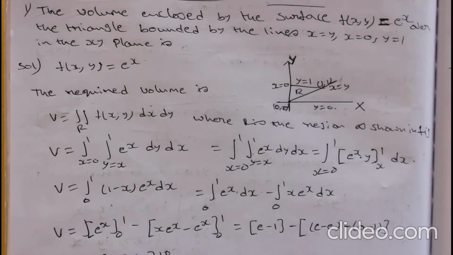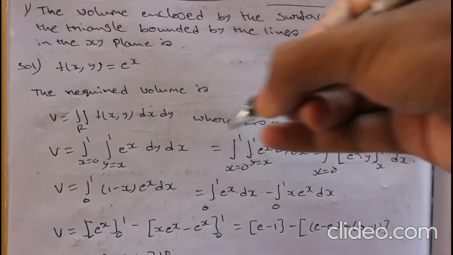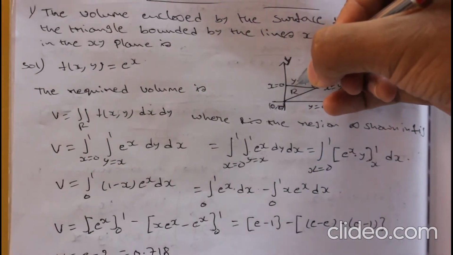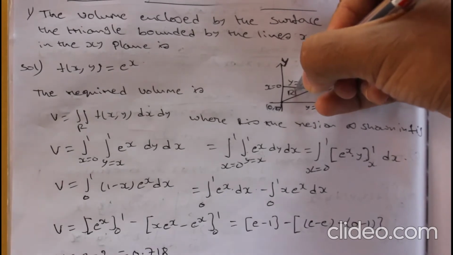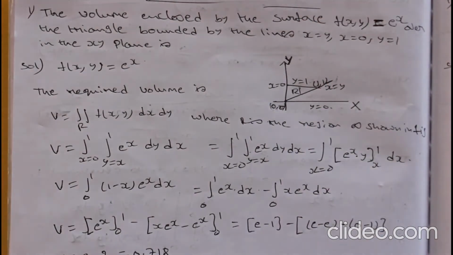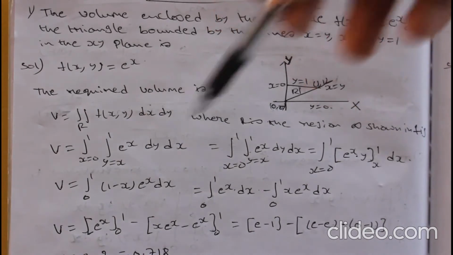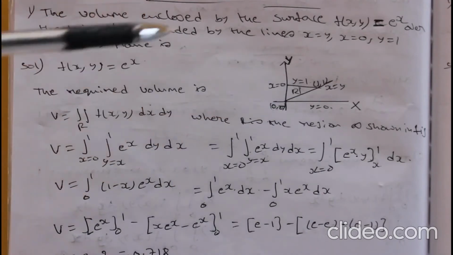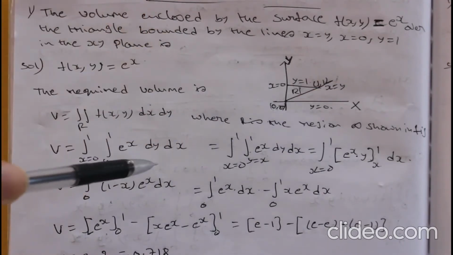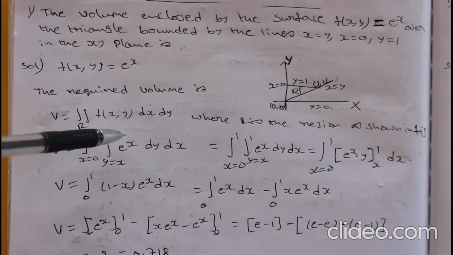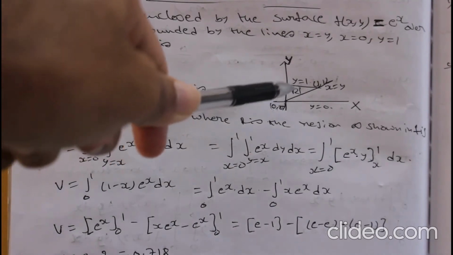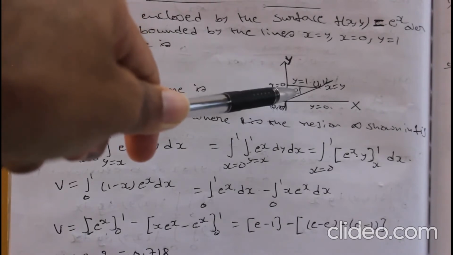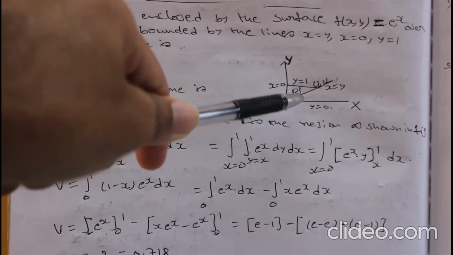In the last video I have clearly told you the concept of how to find the limits. So here first we have to integrate with respect to y, means take a vertical line in this region. Okay friends, because we are integrating first with respect to y. Suppose in case you are integrating with respect to x, then you have to take the horizontal line strip. But here the given function is with variable x only, so it is better to integrate with y first. So take vertical strip. So based on this vertical strip, limits will be y is equal to x to 1.